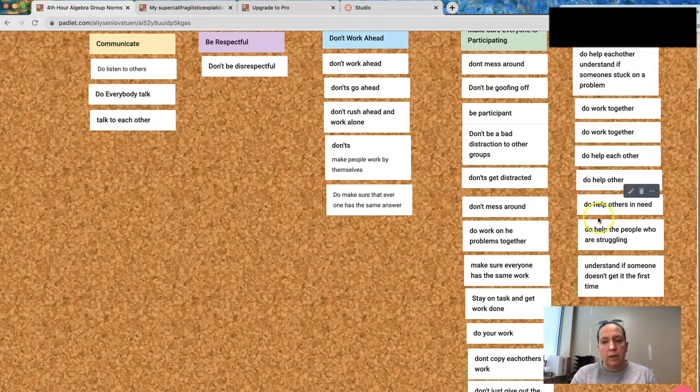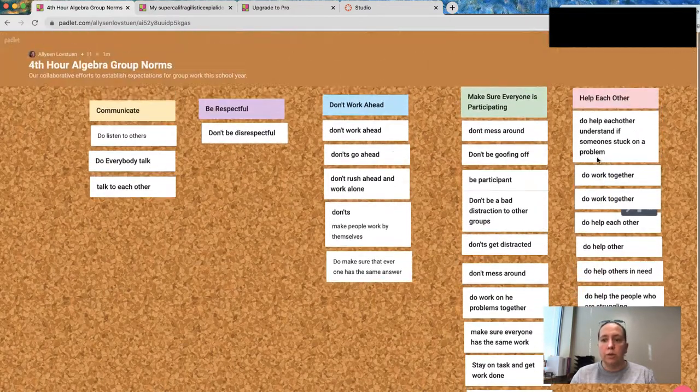each other listed. Once we had pulled those under, I had students once again use the participants panel to tell me that yes, they were good with help each other, and help each other meaning all of those little specific things, or no, they weren't okay with that. All yeses meant we moved on, and no meant we had further discussion. Then I asked students to look, what's another theme in the small statements that are left? They said, make sure everyone is participating. And we went through that process again of them voting if they were good with the norm, make sure everyone